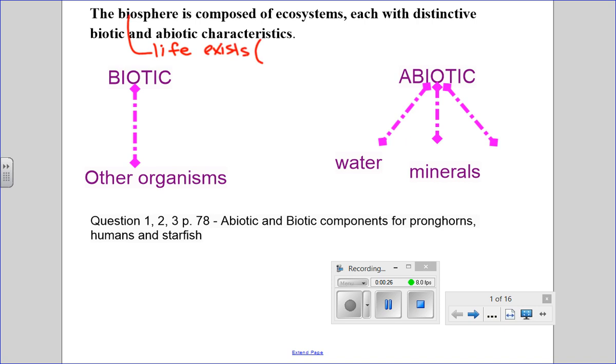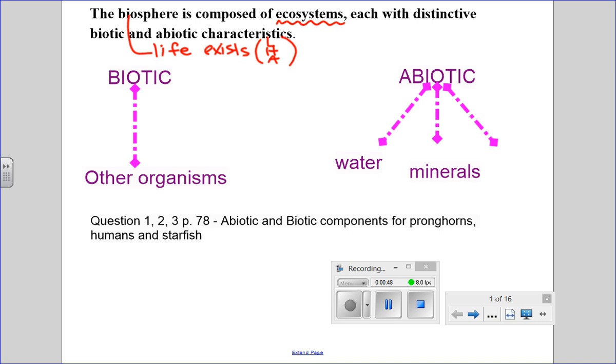It could be the land, the water, or the air. So that's lithosphere, hydrosphere, atmosphere. I'm just referring back to the very beginning of chapter 1 where we talked about what the parts would have been. But the biosphere is where life exists. And so we're going to talk about